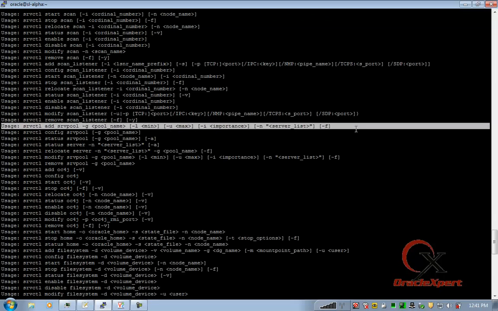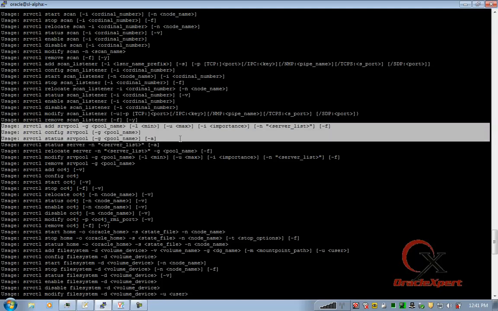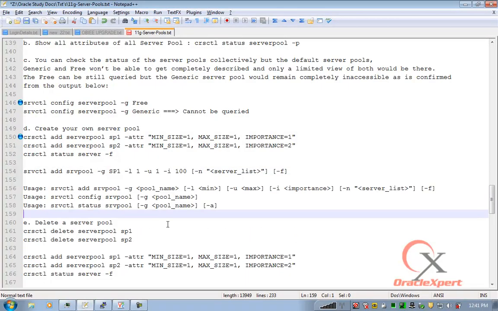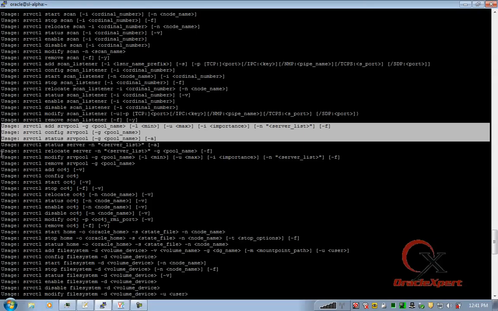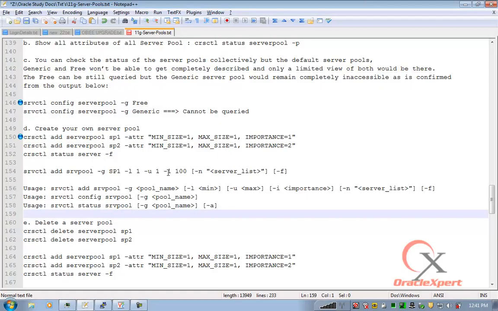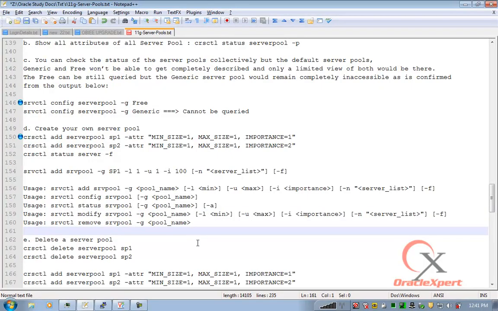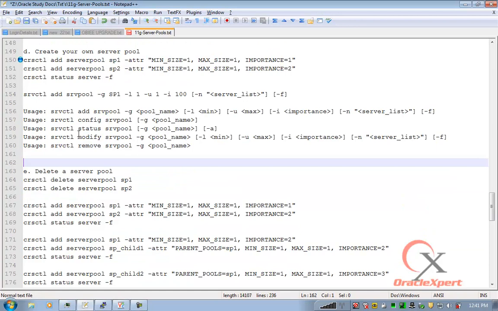Using this option, you can also check the configuration of your pool, or you can modify the definition later, or you could remove it using these options of srvctl.